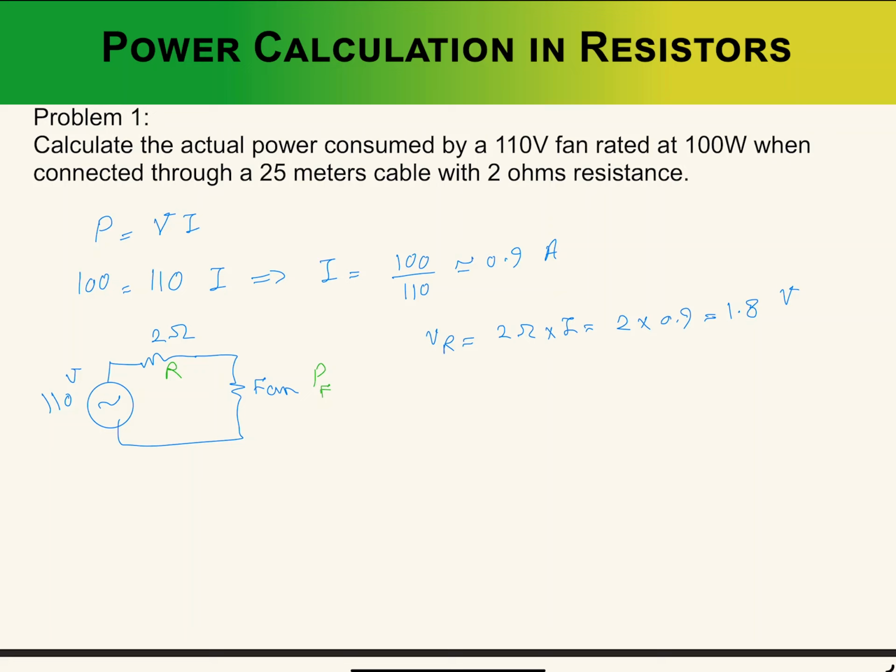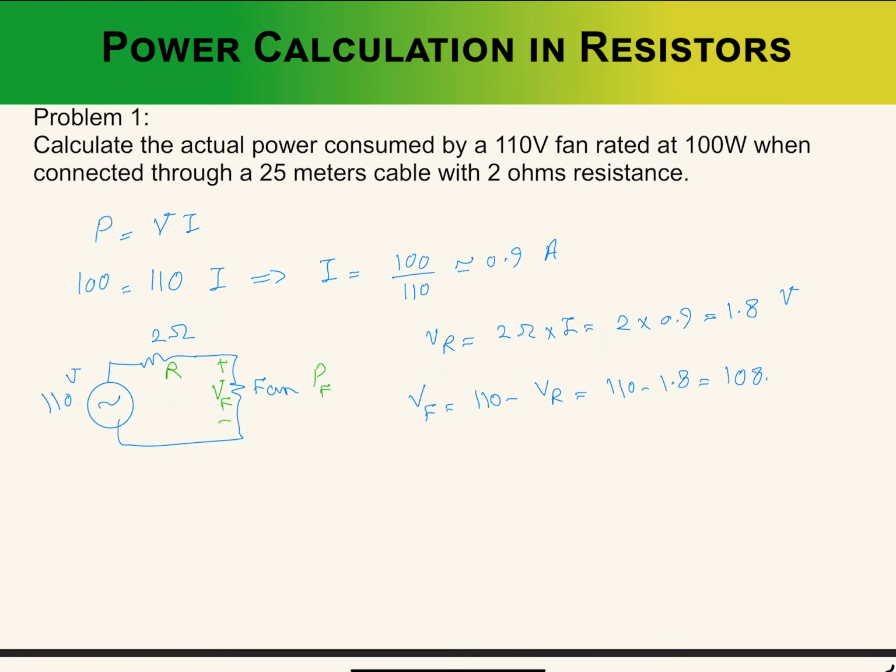So in order to find the power consumed by the fan, we can first get the voltage drop across the fan by subtracting the voltage drop of this cable from the power source. So we can get VF. Once we get VF, we can then multiply this VF by I to get the total power consumed by that fan. So let's try to find the voltage drop VF first. VF is essentially 110 minus VR, which in this case is 110 minus 1.8. It becomes